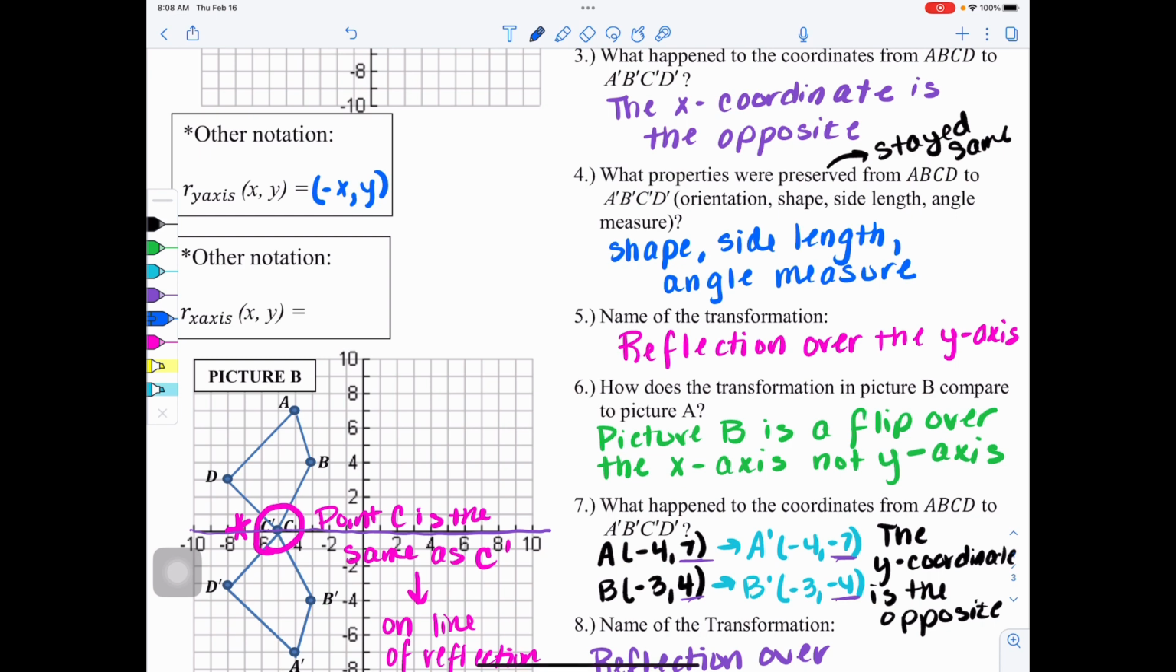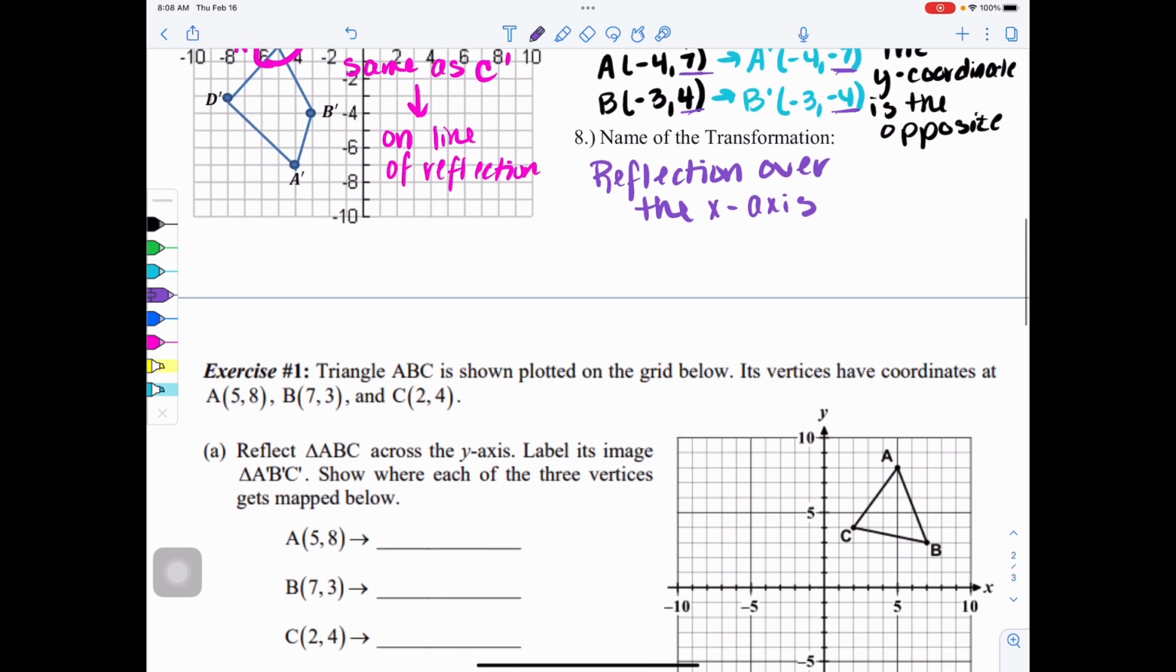The coordinate was x, y. You're going to change x to the opposite to get your new coordinate. For the x-axis, you're going to change the y value to the opposite. So this one will keep the x and the y will become the opposite of what it was. So now you're aware of the other mathematical notation you may run into. Now that we've investigated and discovered how these reflections work, we're going to go to the next page and actually